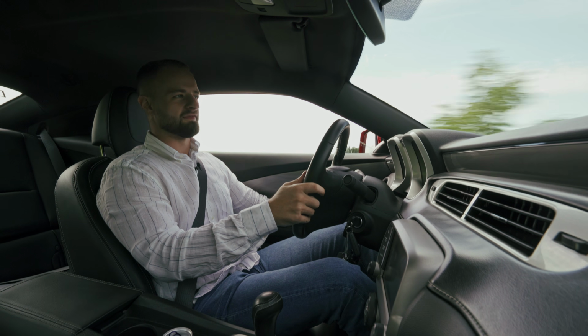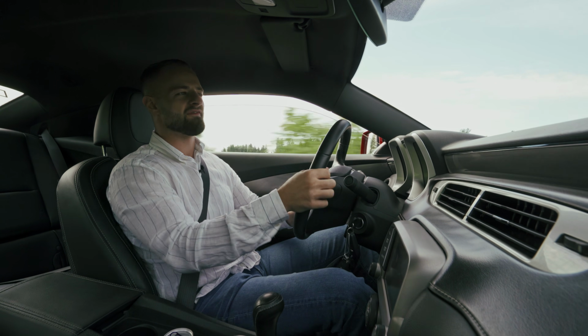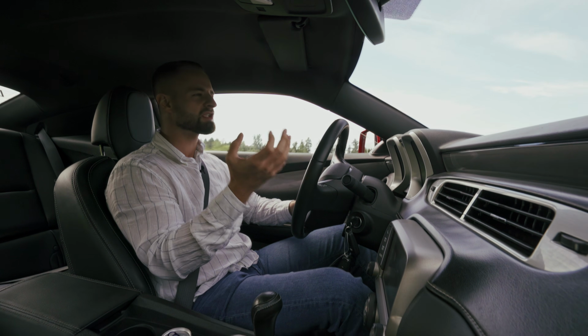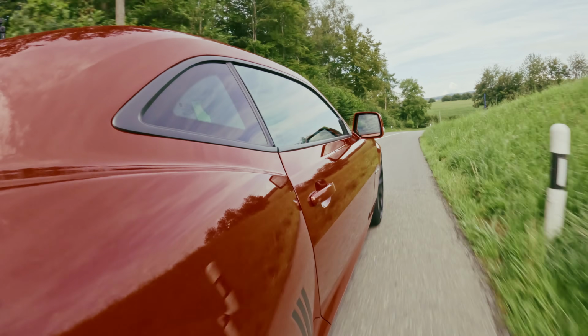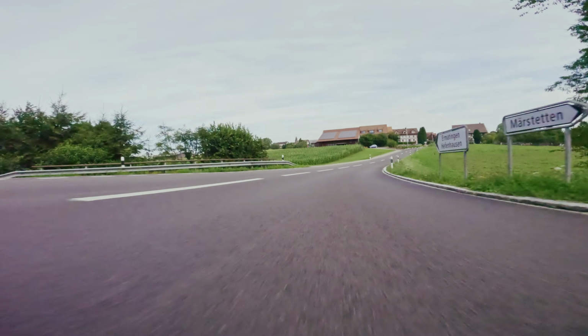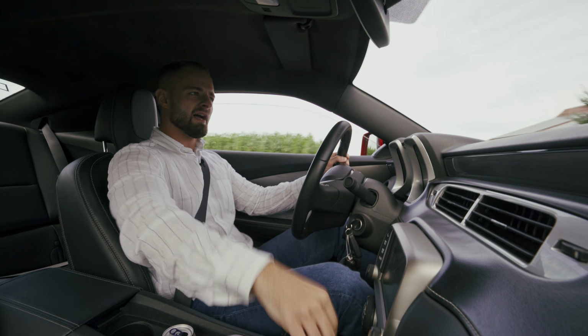But that's the main goal of that car. It's just to give you the Sunday drive experience. Okay, you can't drive this daily in Europe. It's using too much fuel. But look at that. It's actually enjoyable. And we have to be fair here because some